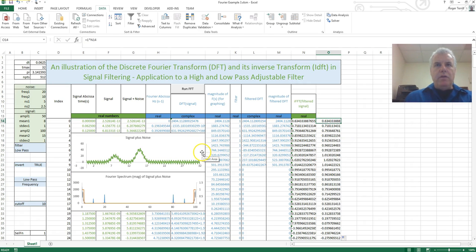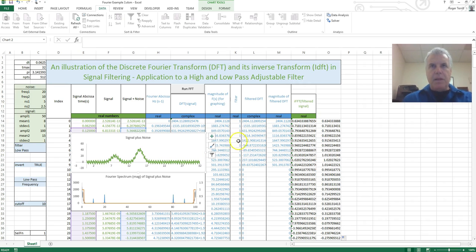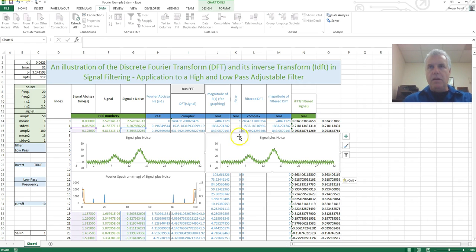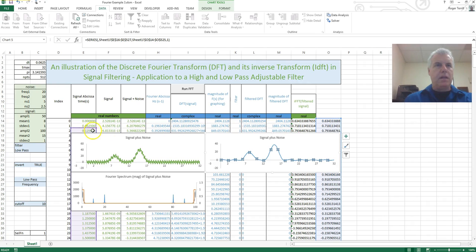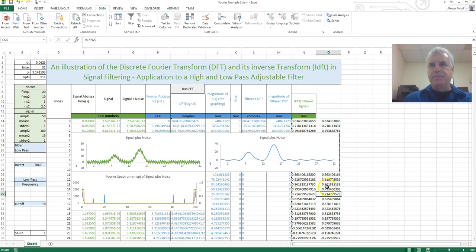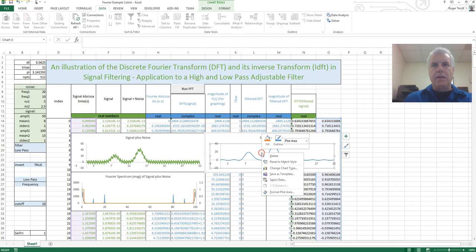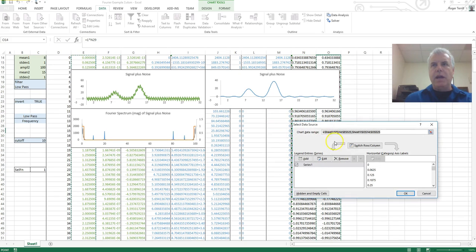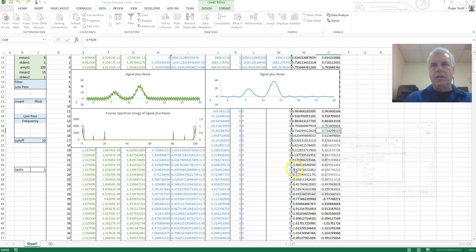so now what we want to do is we want to copy this baby over here, and we want to plot this guy versus this guy. Okay? So now there is the filtered function. And what we'd also like to do is add the original noisy data to this. So we'll add a series